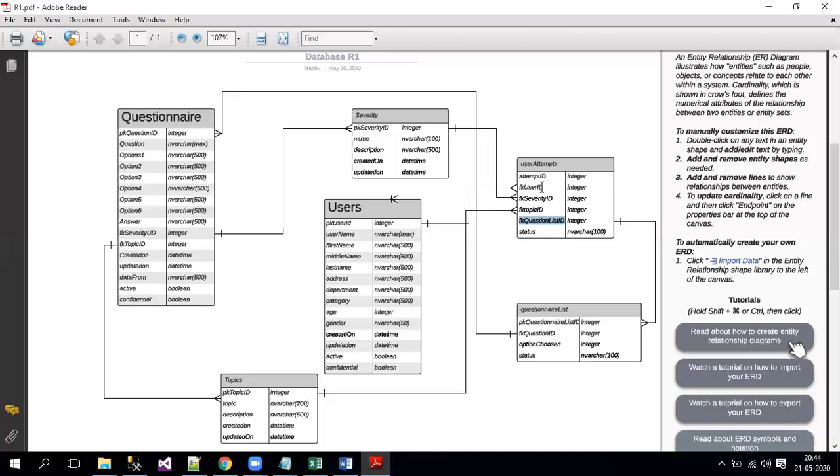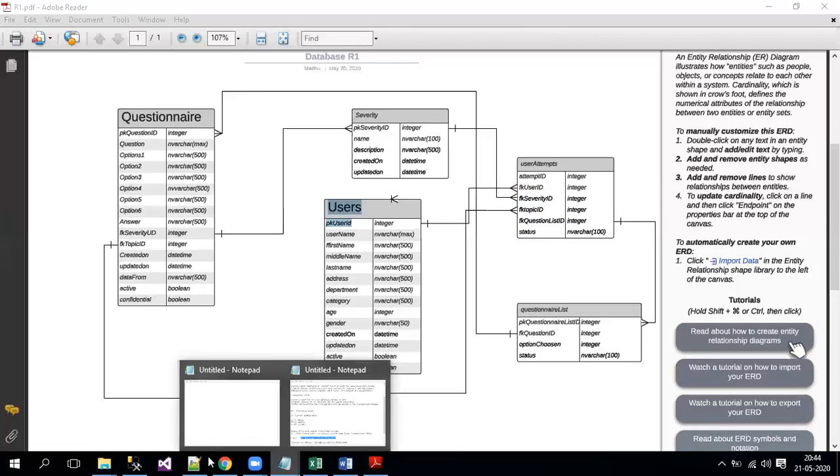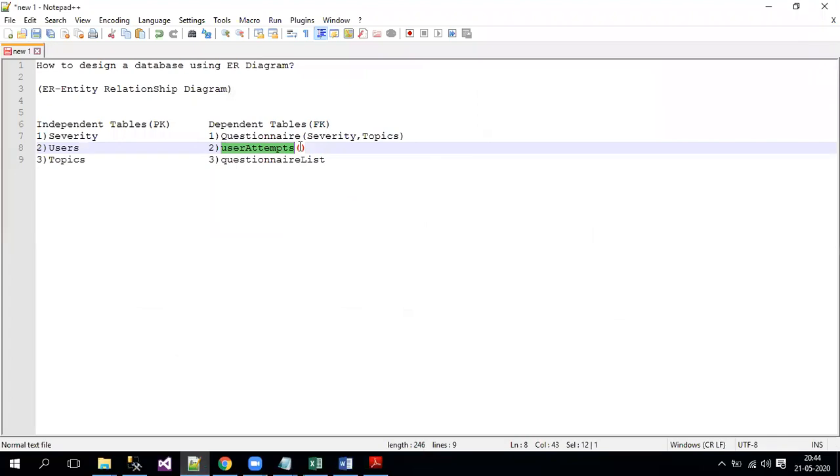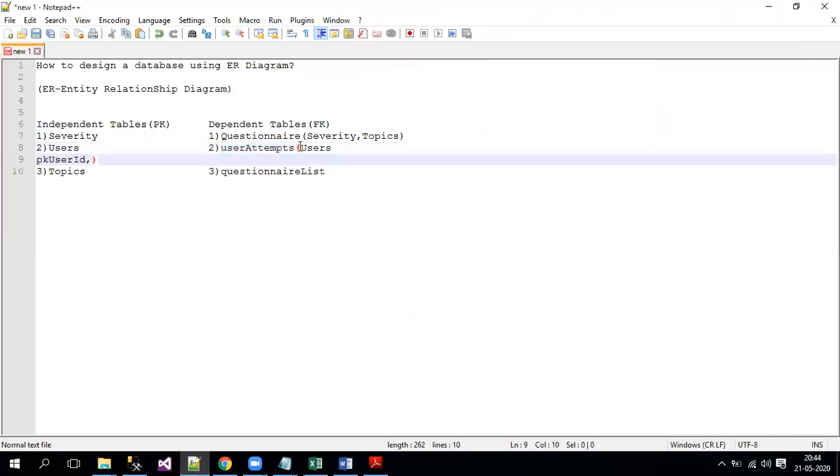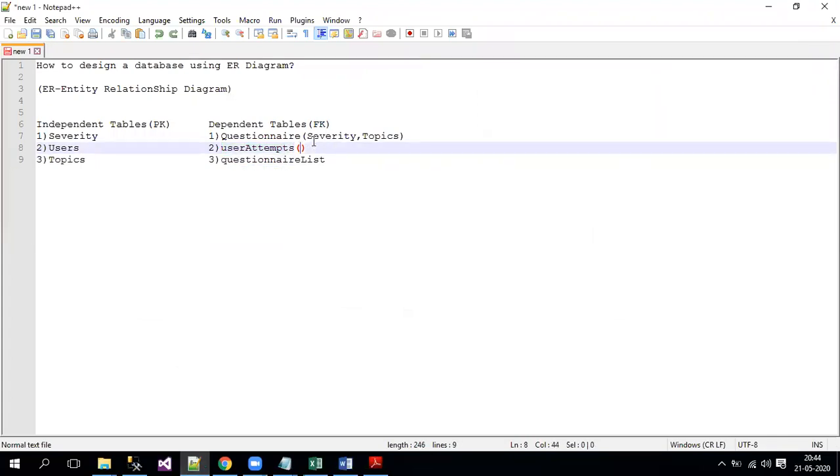FK user ID: just see where exactly this pointer is going. It is going to the user table, right? We'll keep that user table, as it is depending on that. First is the user table, so one foreign key is done. Now let me put user ID, comma, and we'll see the other one.